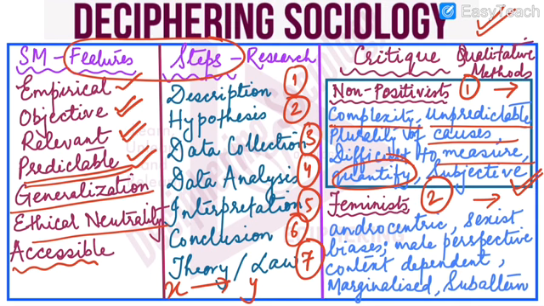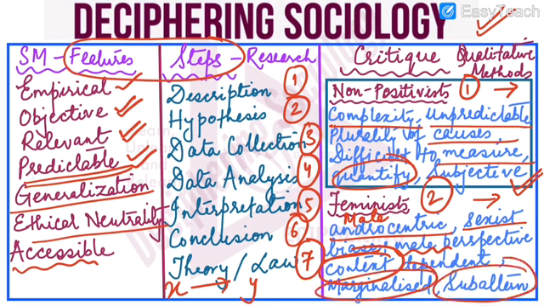Also, feminists, because they believe that the scientific method is male centric. Here females are not included. It has sexist biases, male perspective, and they believe that in reality whatever data that we collect, whatever research that we do, it is context dependent. It is not entirely objective that we boast of. Similarly, they say that the views of the marginalized, the subaltern, are not included.